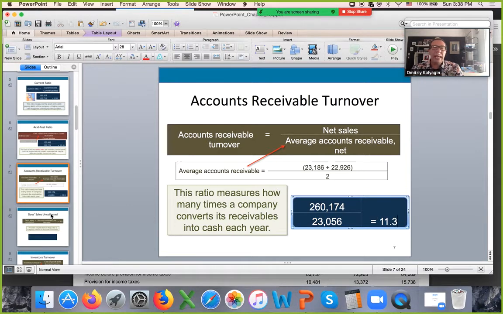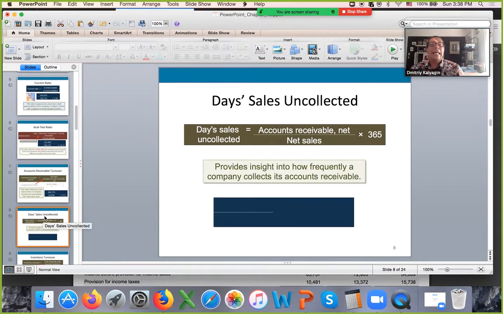And then relating to this, where this formula is pretty much flipped over. We put net sales on the bottom and just the AR, not average, but just the current period's AR, to the numerator, to the top. And this ratio is called days sales uncollected. Again, just